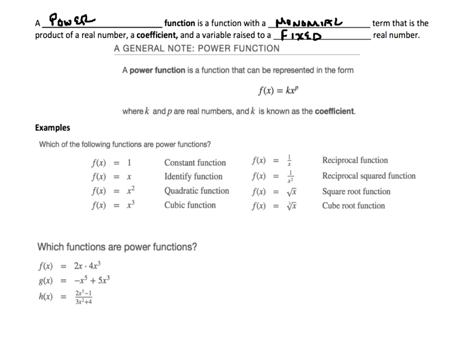The exponent will be a fixed number. So we have just the general form of a power function here. K is the coefficient, X is the variable, and P is that fixed real number that the variable is